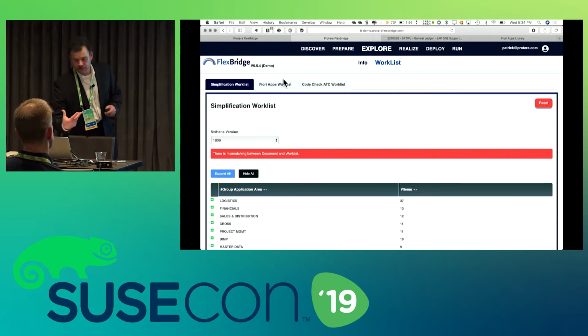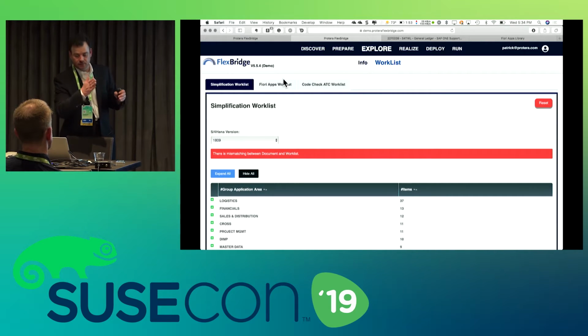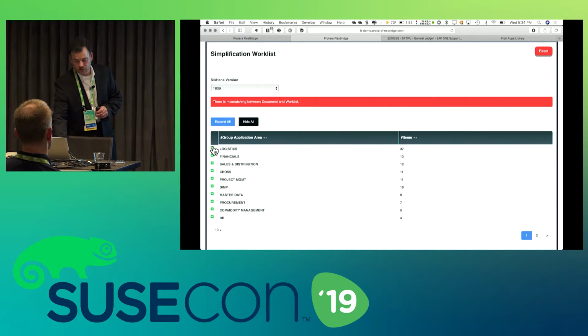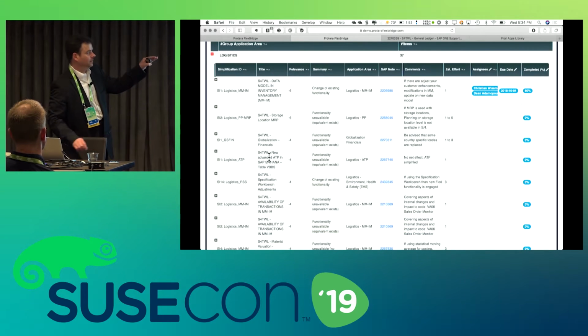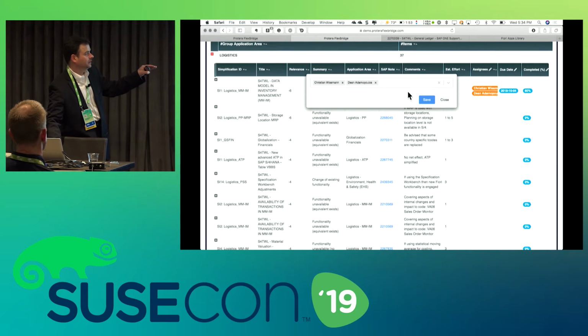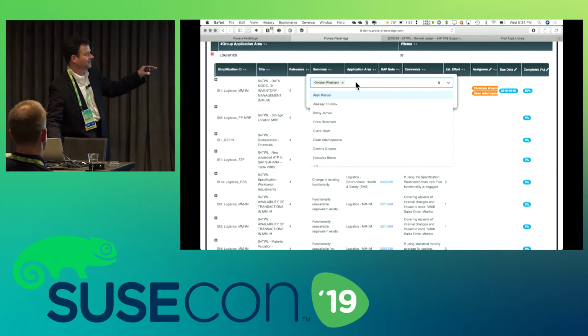So if you remember the simplification work list that came up, and I showed basically the graph of business units and who gets assigned work, we can actually break those up now, and all this work is detailed again. You see what work has to get performed. We can actually assign our resources right from here. So these are team members. Again, we can assign them the work,